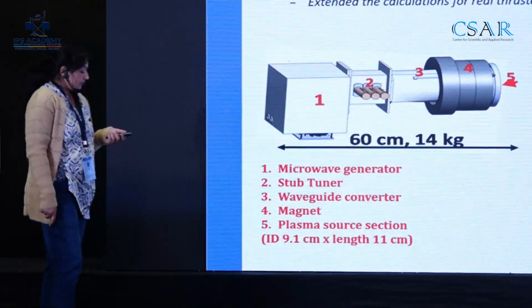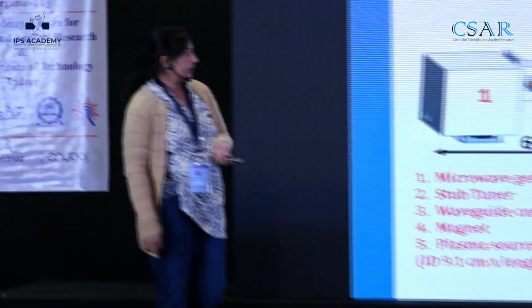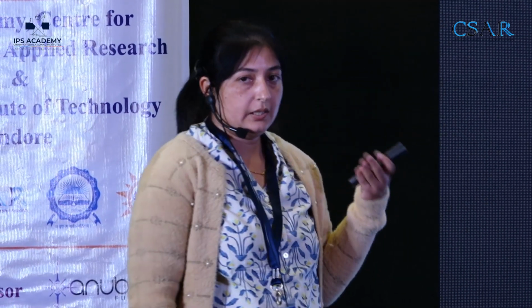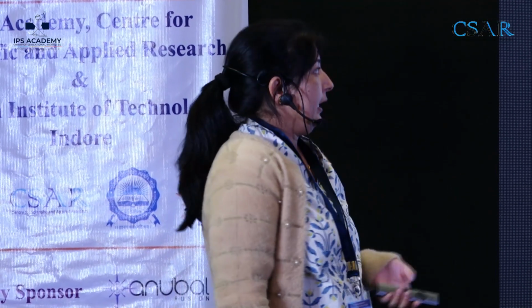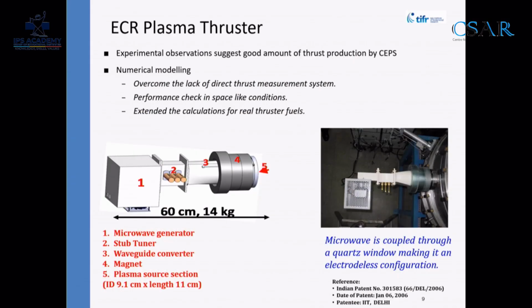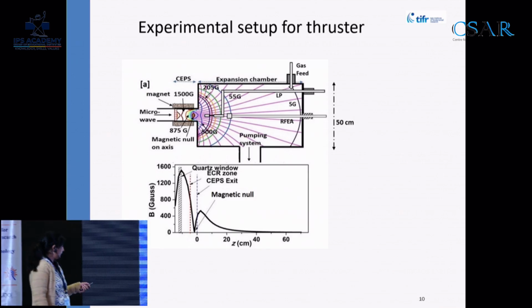We have a good experimental characterization facility equipped with a Langmuir probe and ion energy analyzers, with which we could map plasma parameters like density, temperature and ion energies, but we don't have a direct thrust measurement system. So to support the Langmuir probe and ion energy measurements and to estimate the thrust levels, I utilize this global model. Jumping into the modeling results, I would like to show some of the experimental values.